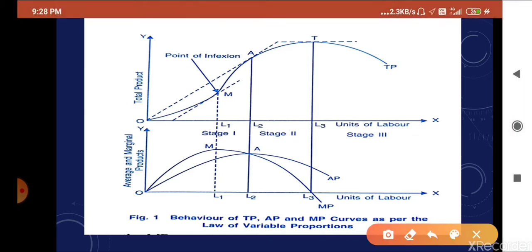The variable factor is increasing 1, 2, 3, 4, 5, and TP increases from 100 to 650. So it is increasing in the first stage, and then in the second stage it reaches from 750 till 880. So it is increasing, but not in such a way as it was increasing in